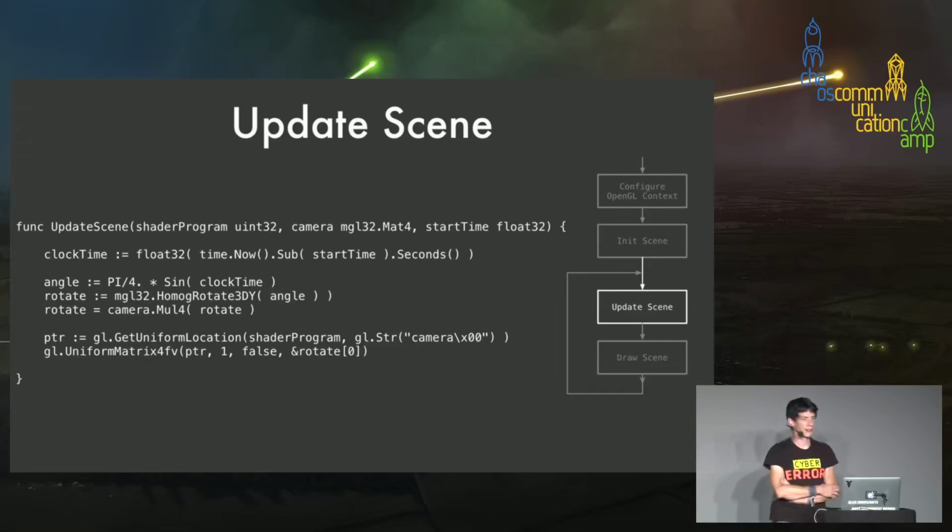From this number, we can generate the angle by which we want the triangles to rotate. So we just take the sine of the elapsed time and multiply the sine with 45 degrees. The sine will return values between 1 and -1, so the angle will have values between 45 and -45 degrees. With that angle, we can now generate a rotation matrix. This is done by the